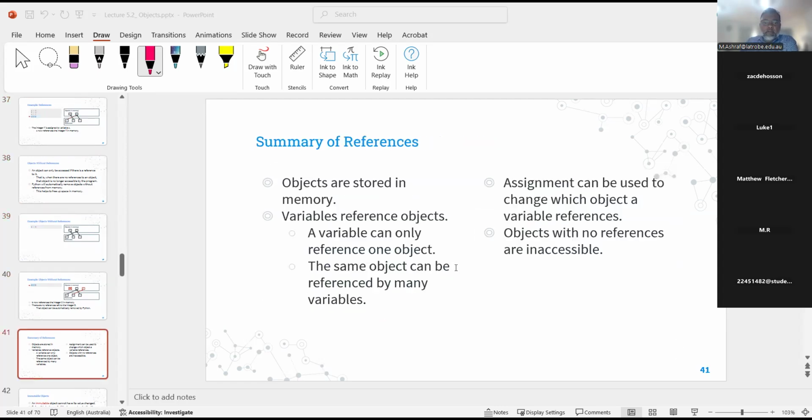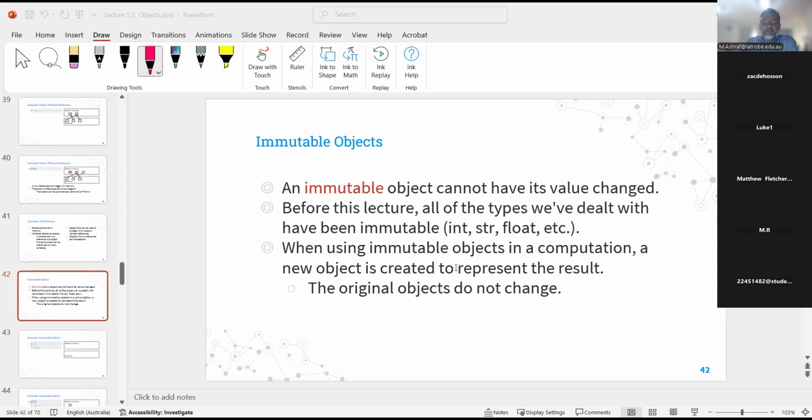Okay, now immutable object. An immutable object cannot have its value changed. Before this lecture, all the types we have dealt with have been immutable, like int, str, float, etc. When using immutable objects in a computation, a new object is